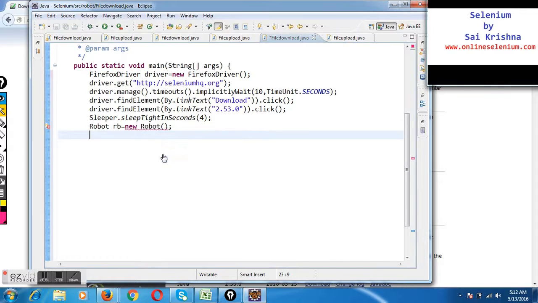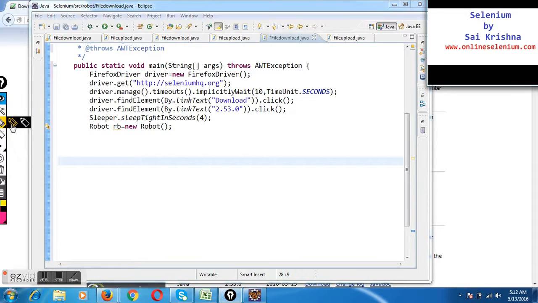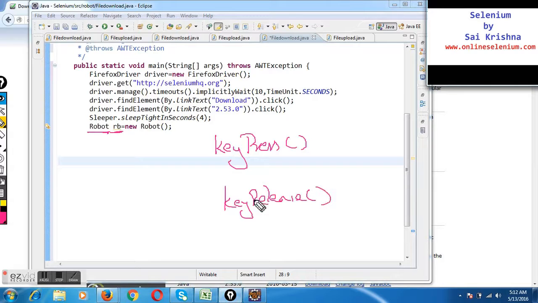Now, once the Robot class object RB is created, there are a lot of methods in the Robot class. Out of those, we will be working only on two methods: keyPress and keyRelease. keyPress is used for pressing any key, whether a special character, an alphabet, a number or whatever.